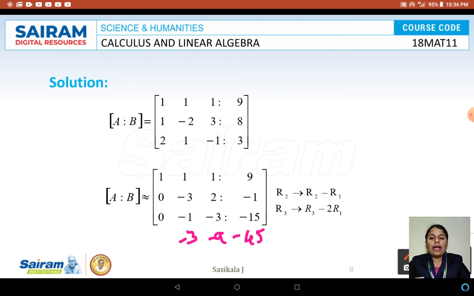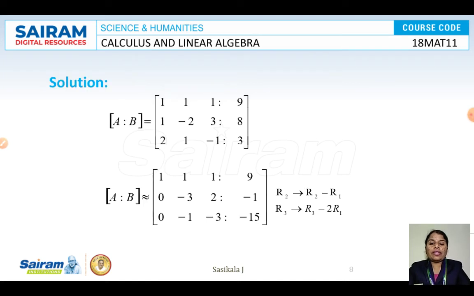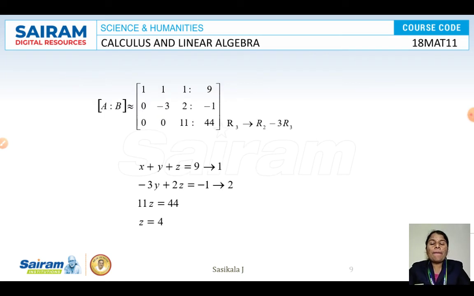As per that previous relation, both have the same sign. The relation must be R3 minus R2. So minus into minus will go plus, and it will go to 0. And here 2, then minus into minus will have a plus 9, right? So now I'll have 2 plus 9 will be 11. And here as per the calculation you have 45. Minus 1 plus 45 will have 44.